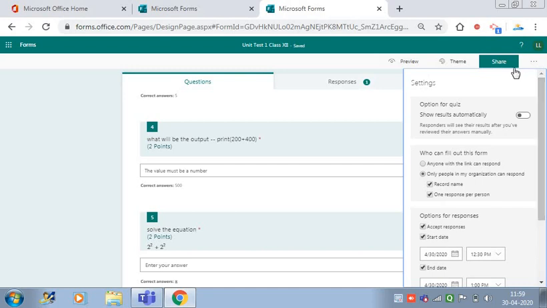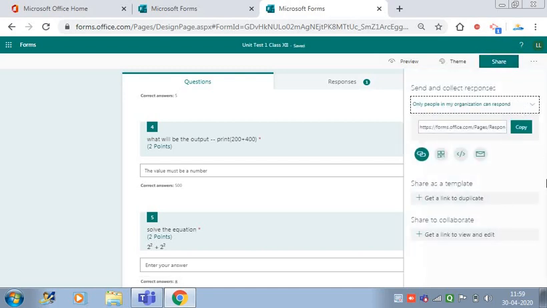And second thing is, when we click on share, after fixing up our settings, click on share option. From share, we are not supposed to use share to collaborate or share to template.